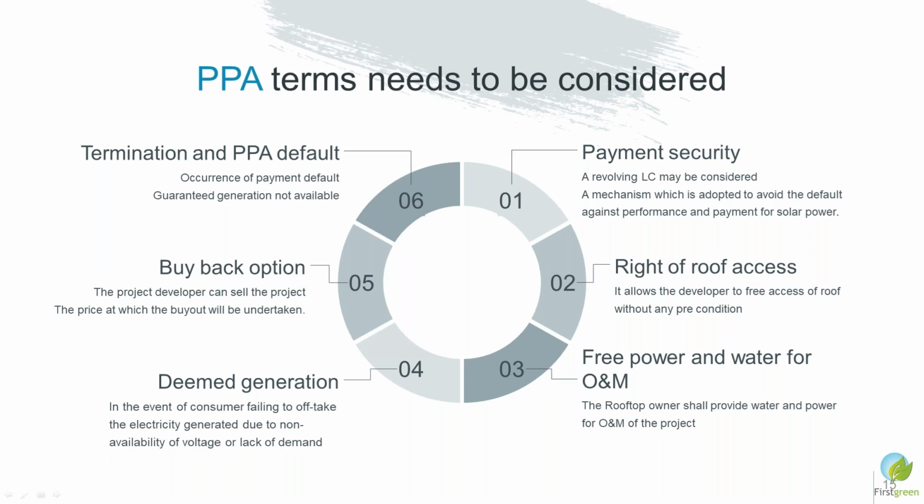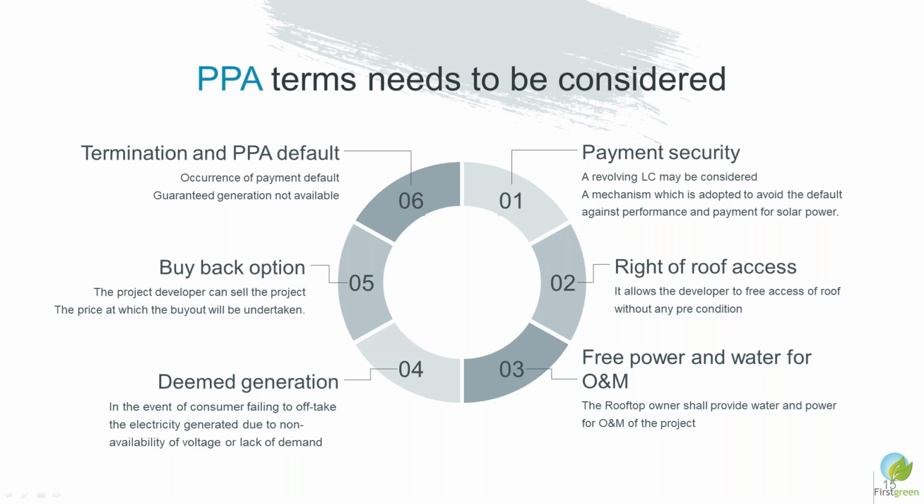Otherwise, it may lead to a dispute that you did not tell us or did not explain these things to us. The next important aspect is the buyback option. In your PPA, you provide a table of the asset values in year 1, 2, 3, and so on, maybe up to 25 years, which is the asset life, and for that period you put the buyback value for the C&I consumer. If they want to buy, they can buy these assets and need not pay further for the sale of electricity.